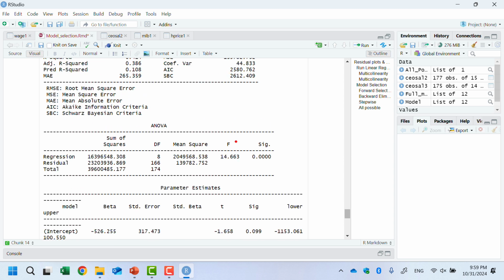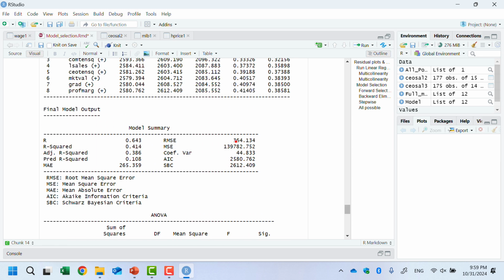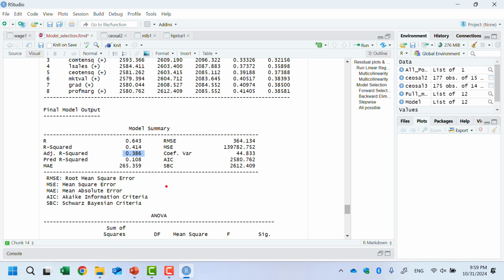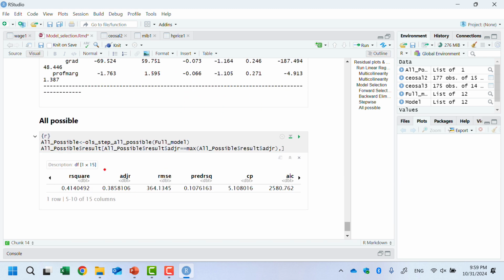Here the adjusted R is 38.6, so yes, this is the same model. And you can tell what the adjusted R is, what the R square is, and what model they use, 8 variables. This is the X independent variables they chose.